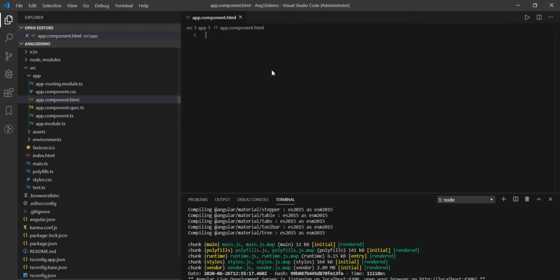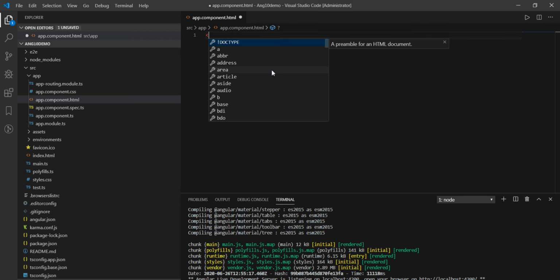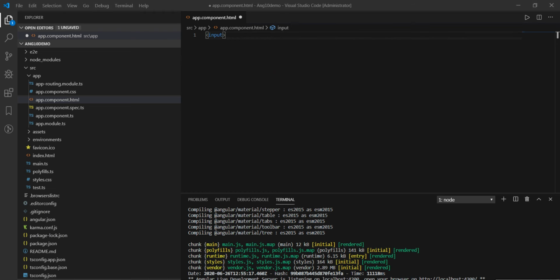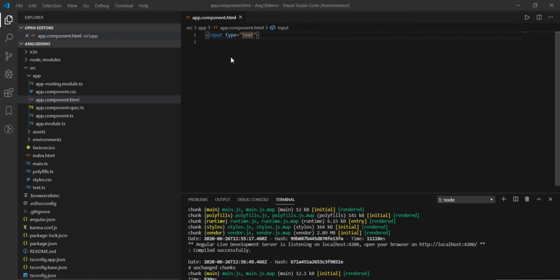So I'm just going to put an input box here. We are going to put a simple text box here. Then we will replace this text box with Angular Material. So here is the text box. I'm going to the browser to see how it looks.